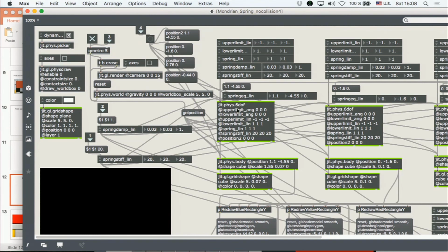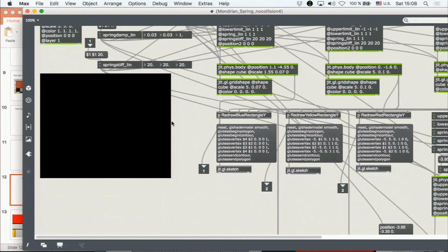And for them to behave like springs, I need this object here, the jig.phys.6dof, that means six degrees of freedom. And then I can set things like point of equilibrium. That's how I position the springs in the first place in different places, and to recreate the painting. And stiffness, for example, is here.